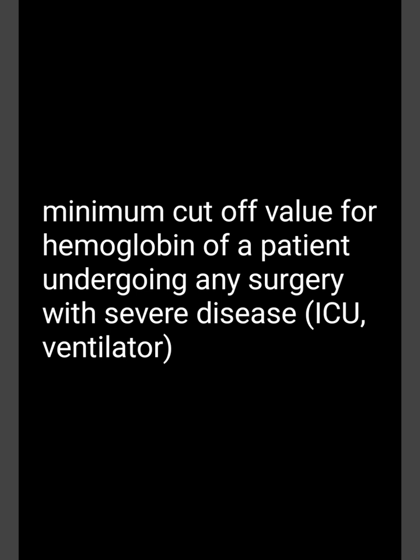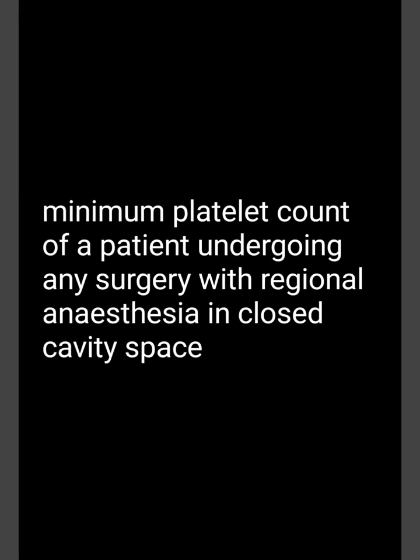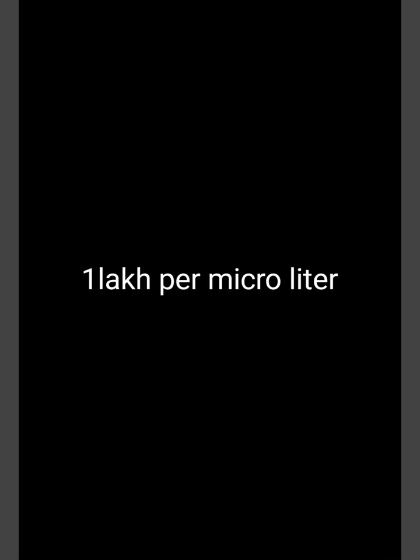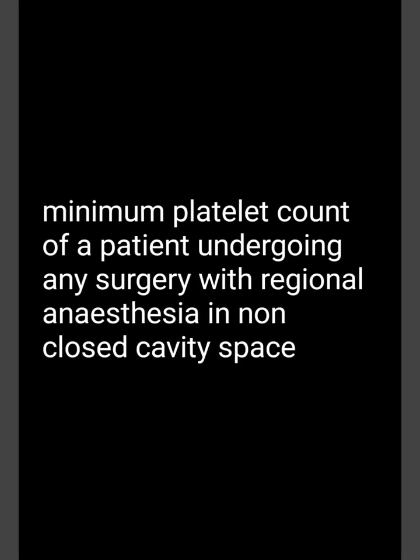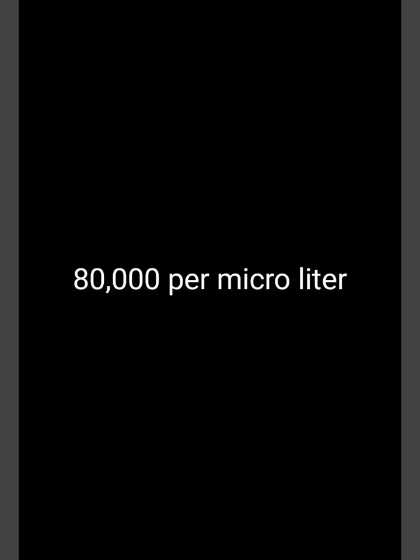10 grams per deciliter. Minimum cutoff value for hemoglobin of a patient undergoing any surgery with severe disease, ICU, ventilator: 12 grams per deciliter. Minimum platelet count of a patient undergoing any surgery with regional anesthesia in closed cavity space: 1 lakh per microliter. Minimum platelet count of a patient undergoing any surgery with regional anesthesia in non-closed cavity space: